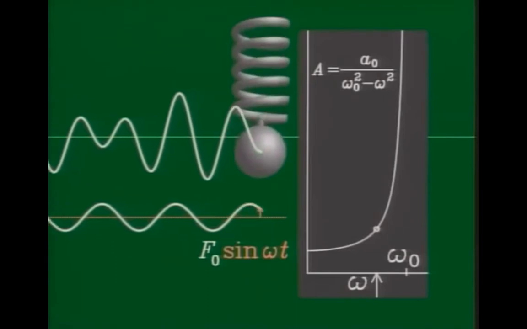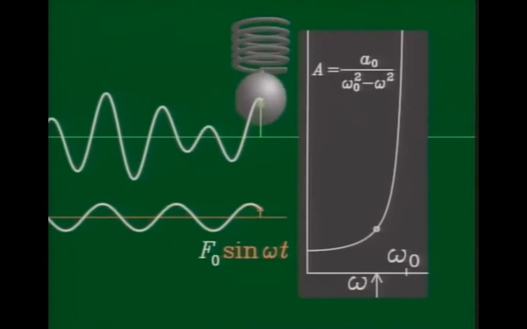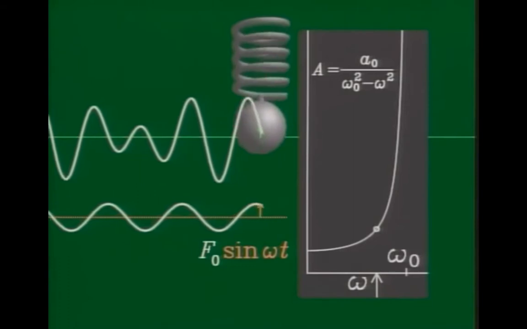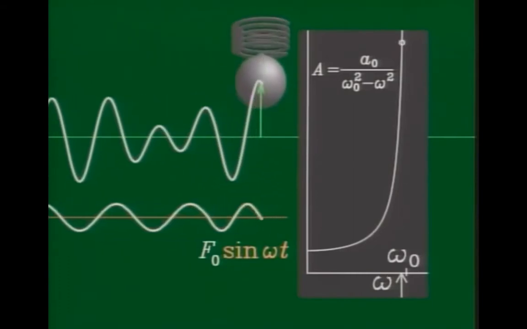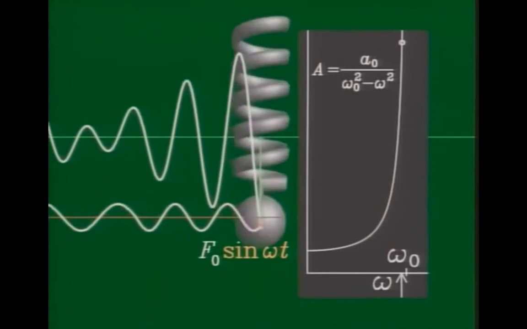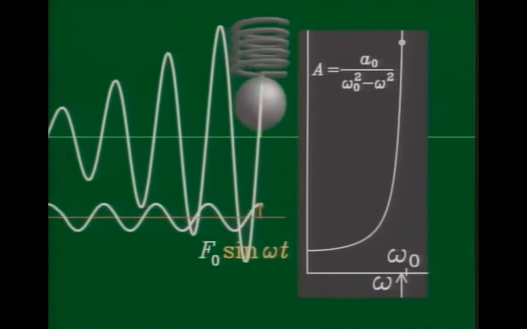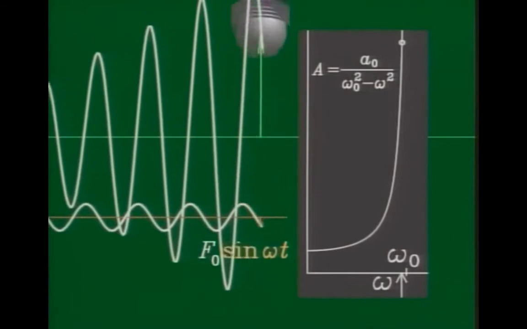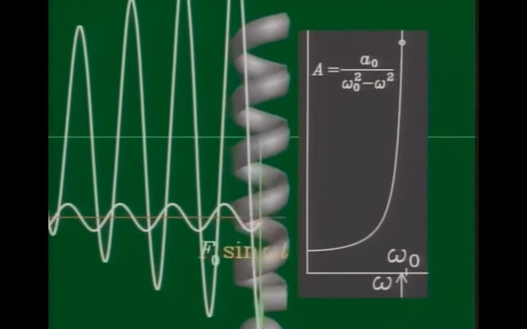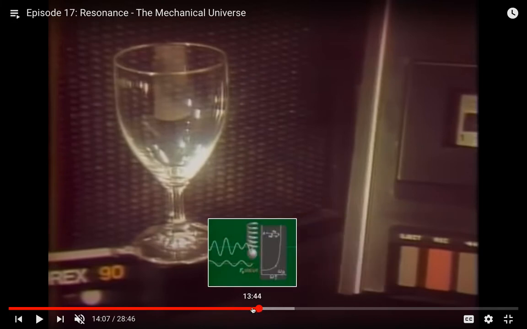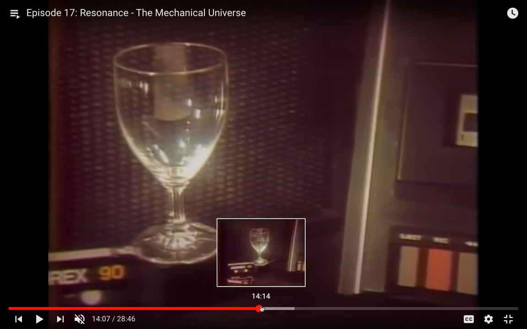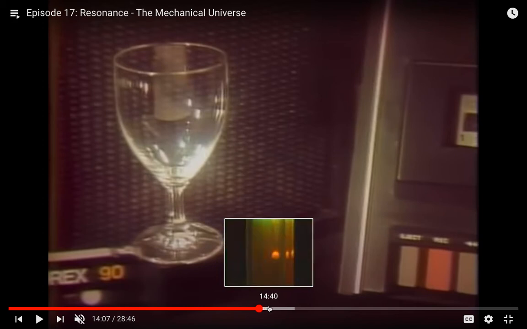But right here in just a second, the forced frequency is going to match the resonant frequency, the actual frequency of the mass spring system. Here it comes right now. So look what happens. It's matching the resonant frequency, and look at the amplitude increase. It's off the map. It's because the forced frequency is matching the resonant frequency, and that's what this old film is showing here. That's what causes the huge increase in amplitude, which is the result of